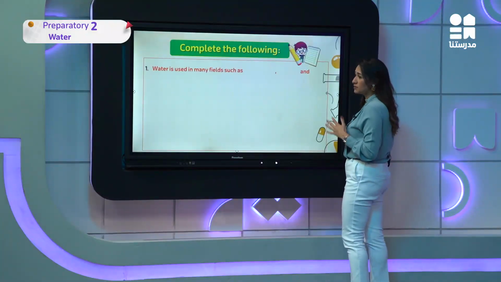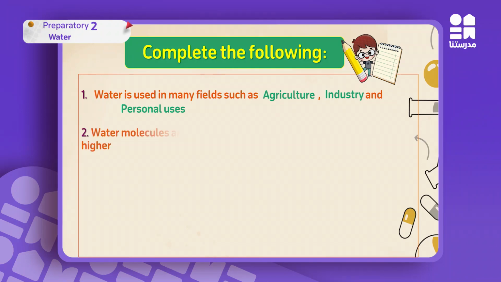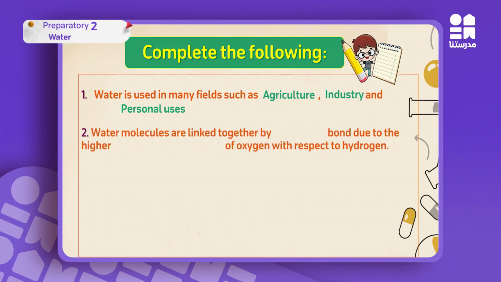Okay, let's continue our questions. Our question here is a complete question. Complete the following. Water is used in many fields. Like what? Excellent: agriculture, industry, and personal uses. Water molecules are linked together by,